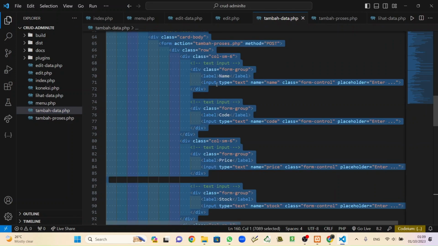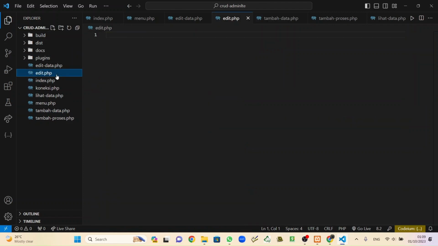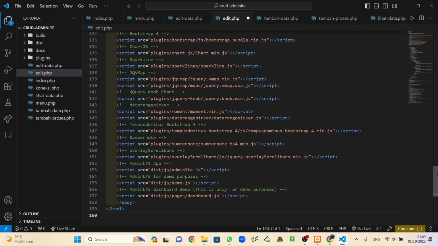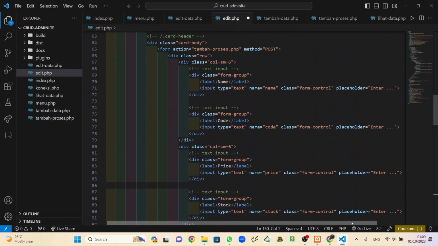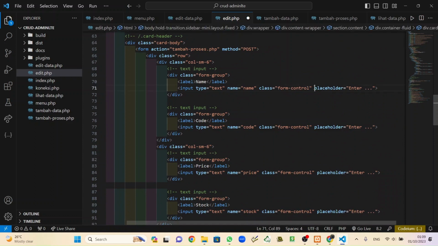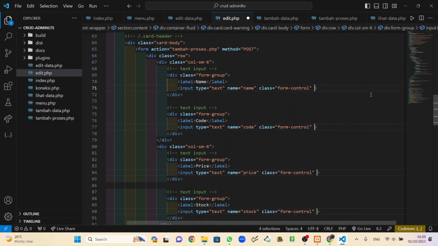Control A, Control C. Back again to the edit, Control V. Okay, but we don't need the placeholders here, so just erase those things.